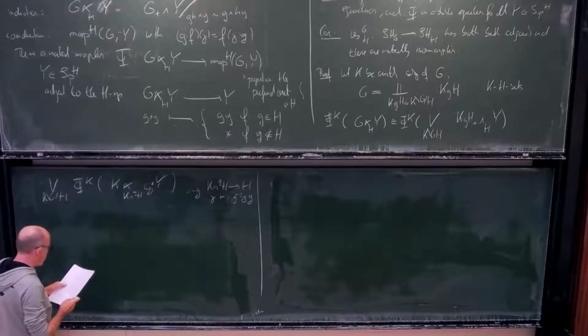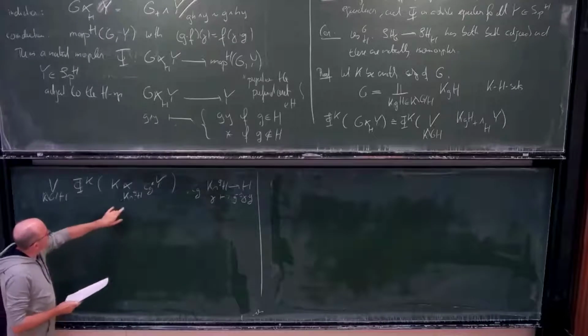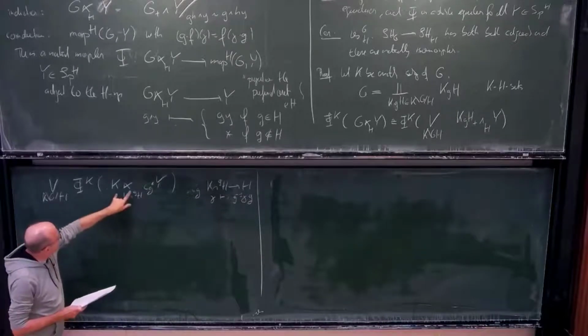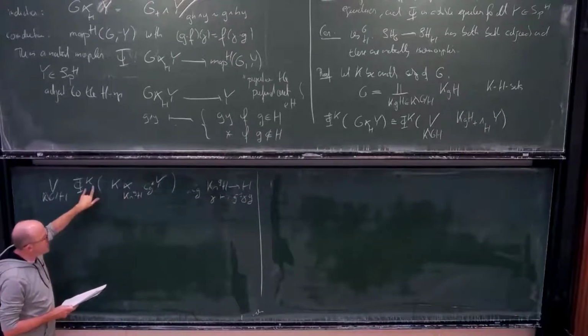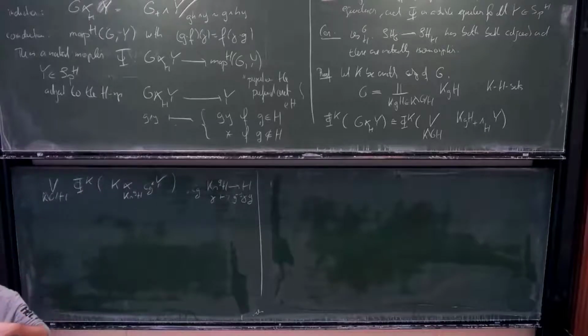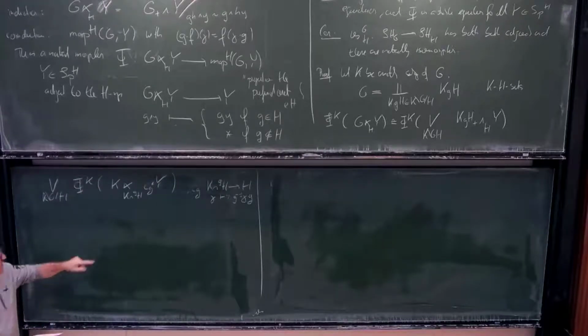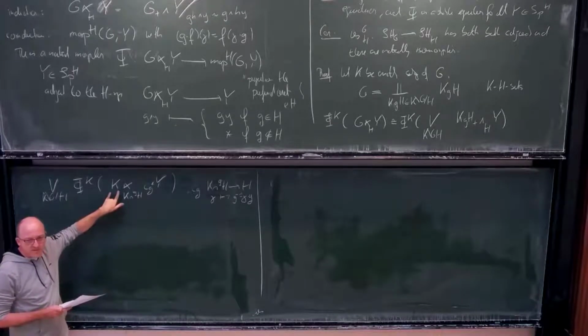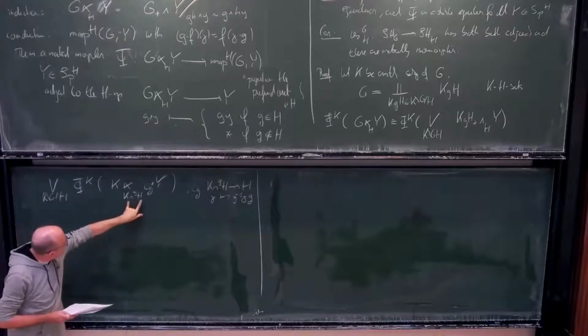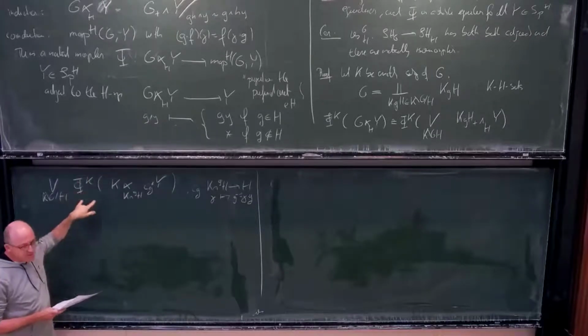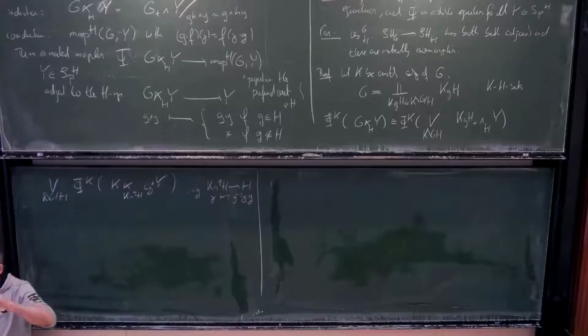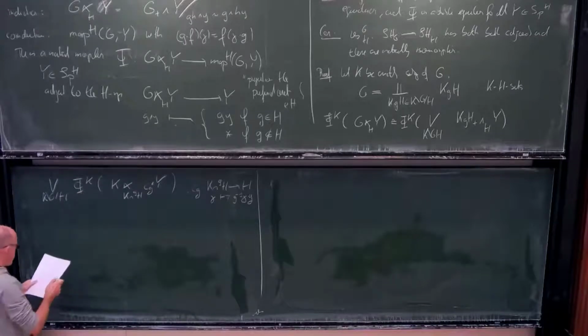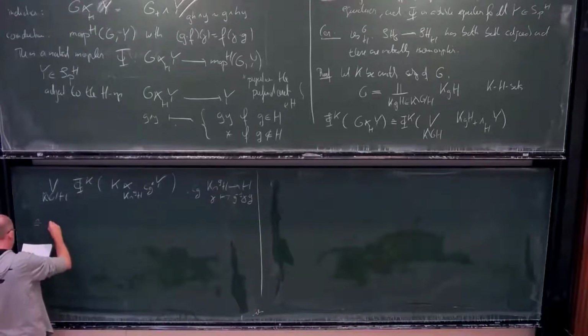Okay, and now we observe that here we had something with an action of this subgroup, we induce up, and then if you remember what geometric fixed points were, at every level we were taking fixed points. But that means that whenever this group is actually strictly smaller than that group, it's not going to have any fixed points other than the base points. So whenever this is strictly smaller than that, this is going to be the trivial spectrum, which just has the point. So those summands drop out, and what remains are only the summands in the double coset space,